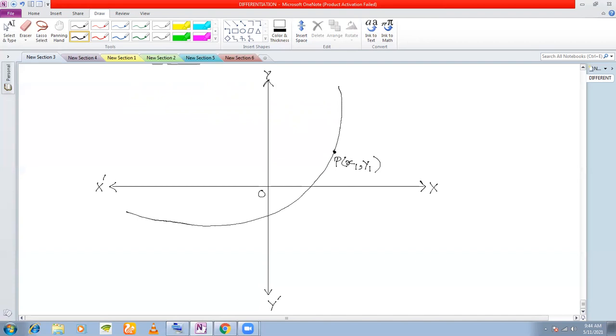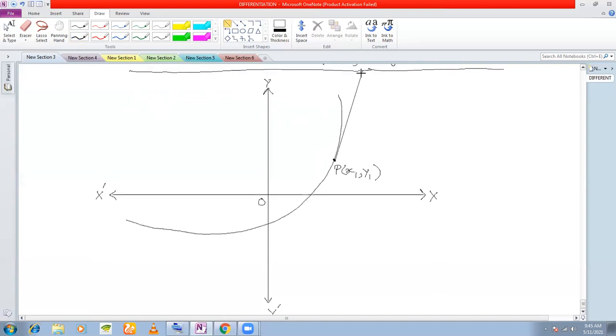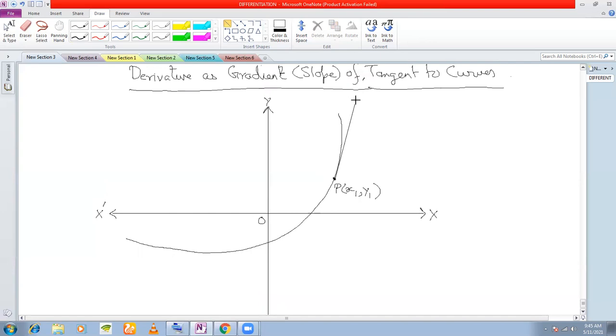You know what is a tangent? Any straight line that touches the curve at a particular point, at a single point. That point is called the point of contact. Say this point P here, I draw a tangent at this particular point. Say this is my tangent. So this is a straight line, right? Now what is the slope of this tangent? That is, what is the slope of this line? This can very easily be calculated with the help of differentiation.